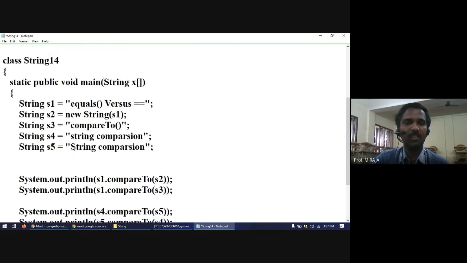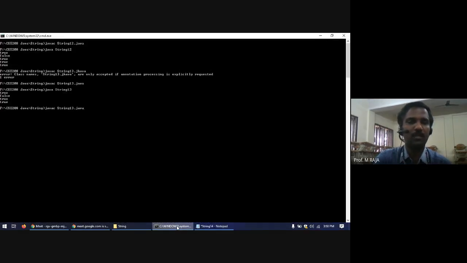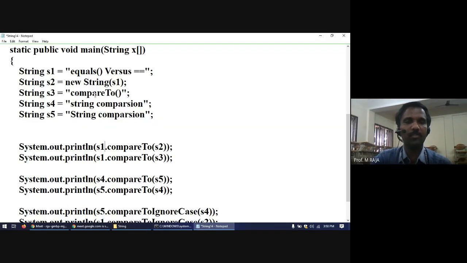For example, consider here the string s1 is equal to "equals versus double equal". String s2 is constructed, the same as s1. String s3 is "compareTo", s4 is "string comparison", s5 is "STRING COMPARISON". Five string instances are initialized. We are comparing s1.compareTo(s2). What happens? s1 and s2 are equal, so Java string 14.java, since s1 and s2 are equal, character-wise,